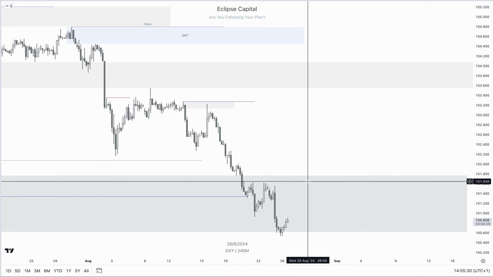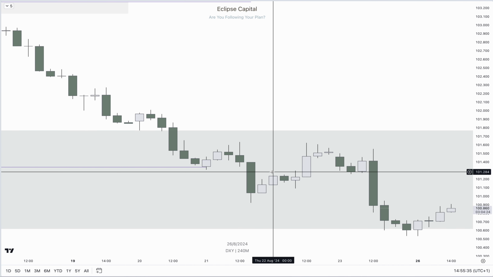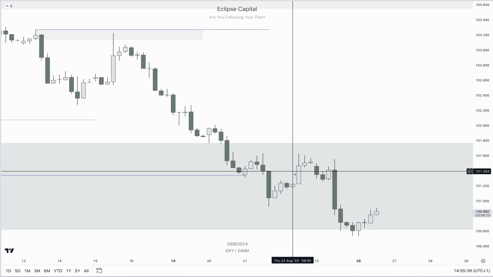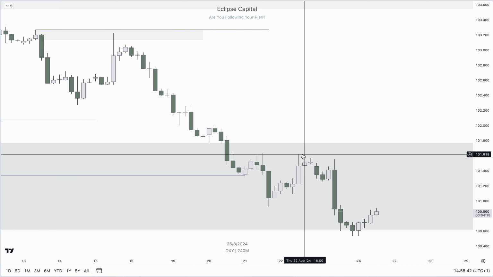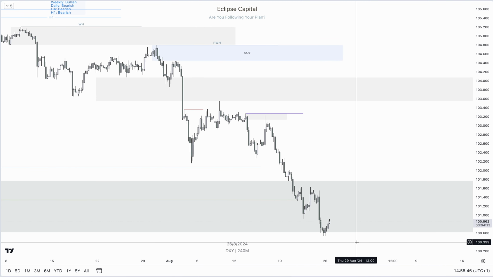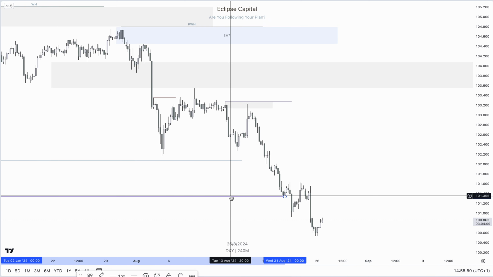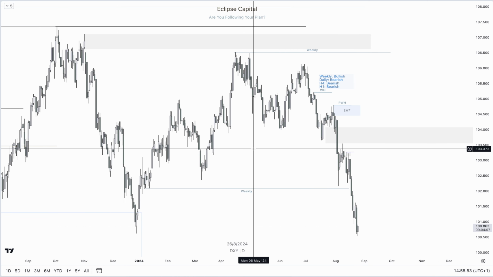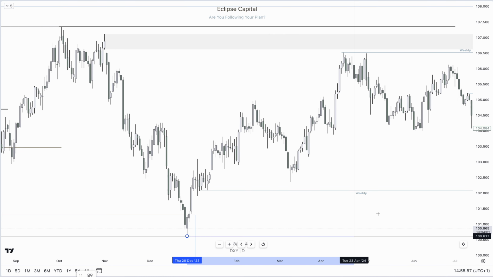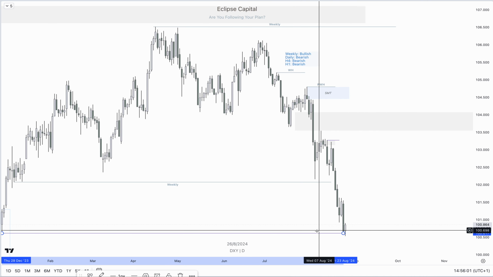what we're seeing for this week is, last week price took out that daily low over here, gave us some sort of a push to the upside. However, towards the end of the week, we continued with that bearish move on the dollar. Now, since we have broken that area of demand, I could mark it out as now an area of liquidity. So price has taken that liquidity